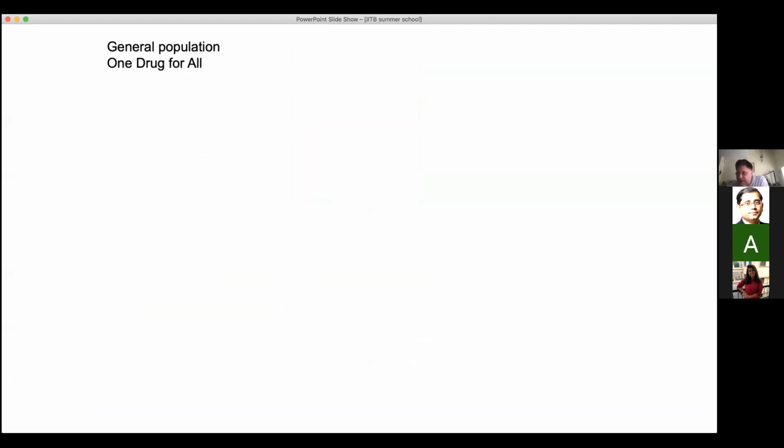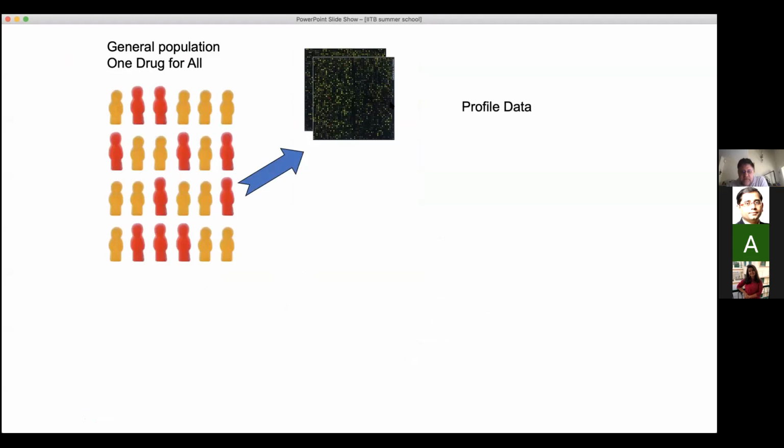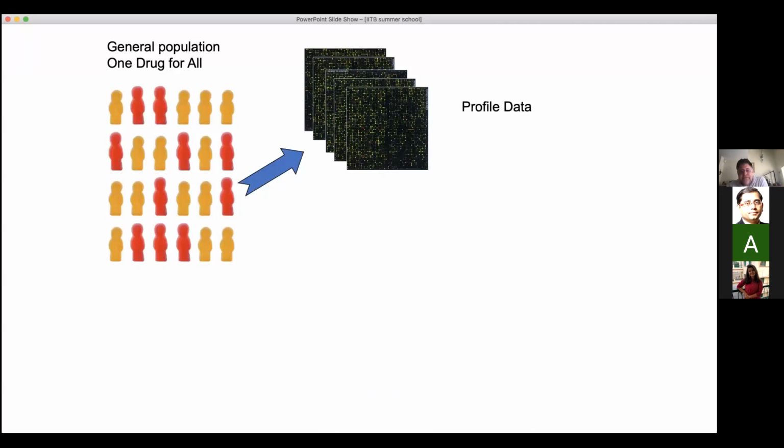So what we're aiming to get to is, let's say we're applying this to identify who will respond to a particular drug. We have a mixed population of individuals, some who will respond, some who won't, or some who will respond to drug A and some who will respond to drug B. What we then do is profile those individuals. And this is showing an expression array. So we're profiling here all the RNA level, all the expression of all the individuals' genes. So we have that for a population.